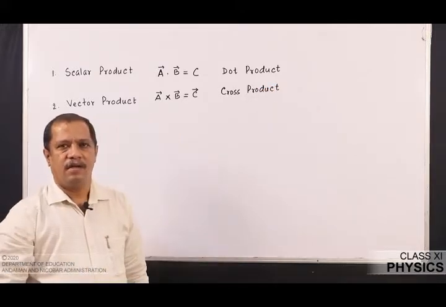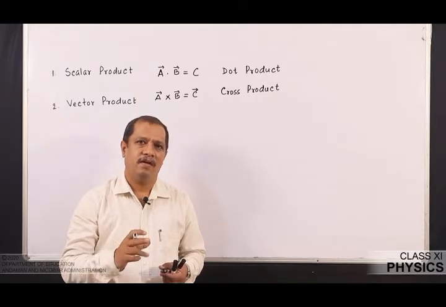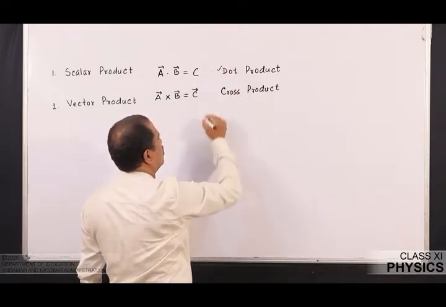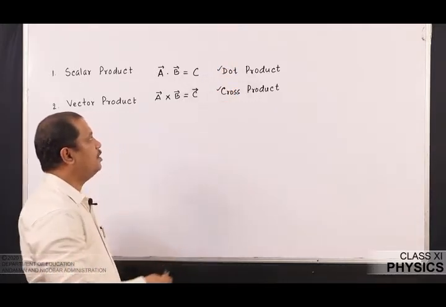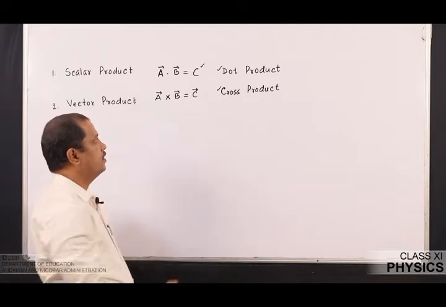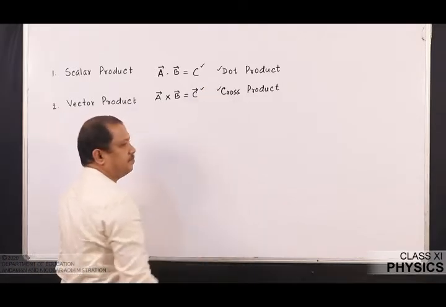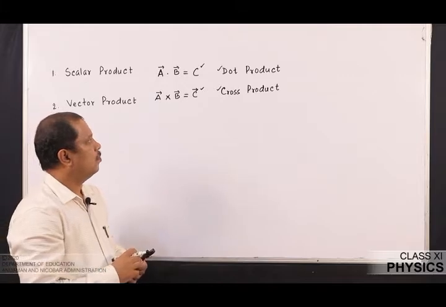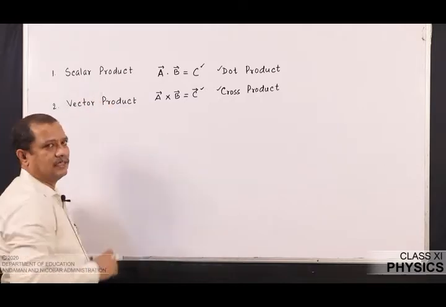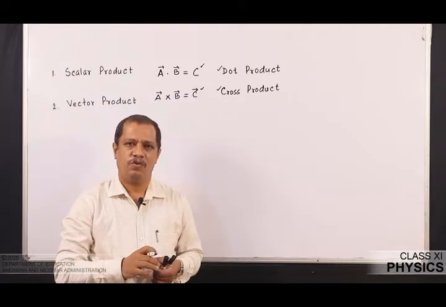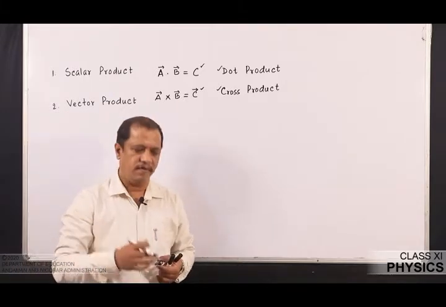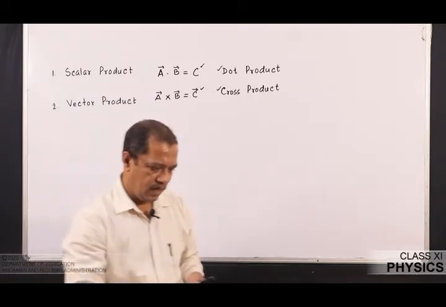So in vectors we see that we can find two kinds of products of two vectors. One is called the dot product, and the other the cross product. The moment we say dot product, I will know that the result is a scalar quantity. And when I say cross product, the resulting quantity will be a vector. So let us first see the scalar product and its properties. Then let us solve one or two problems to understand the concept of the scalar, or dot, product. Then we will switch over to the vector, or cross, product.